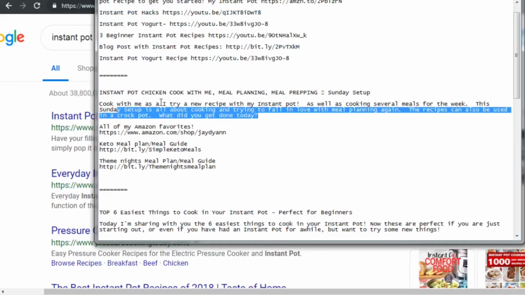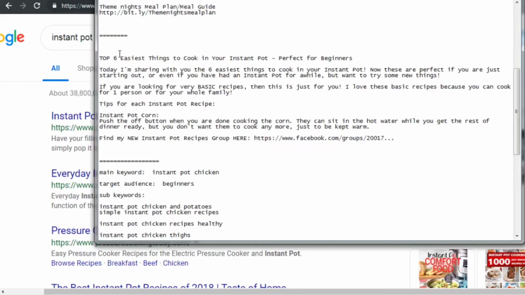And as you can see, the description is really written for the user, but it contains the keywords that are necessary. So you don't need to write something like "Instant Pot Chicken" or something that's just a bunch of garbled information. You want to make sure that the title and the description attract people first and foremost, and then embed the keywords within. So the third one, we've got top 6 easiest things to cook in your Instant Pot, perfect